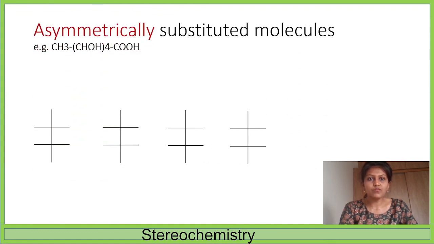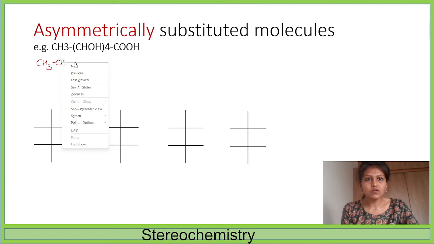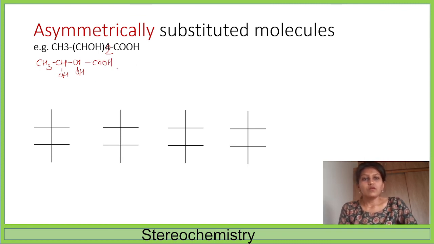Now next one is for an asymmetrically substituted molecule. The molecule is given: CH3, CHOH, sorry, here suppose I am writing CH2, right? CHOH, COOH. Okay, now this is an asymmetrically substituted molecule because the terminal functional groups are different. Okay, now